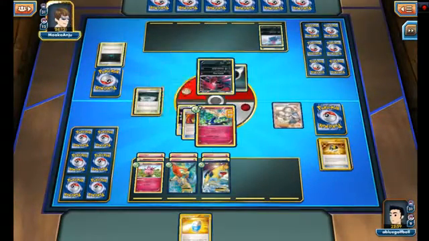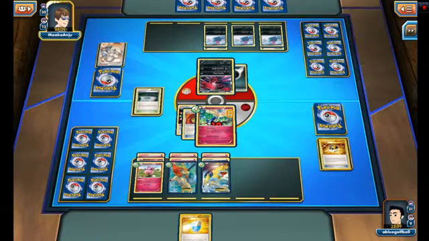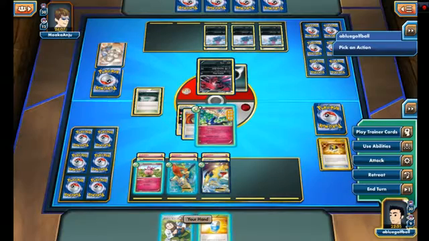So in the next turn, I'm definitely going to retreat. What I really want to see is if my opponent plays a Muscle Band. If my opponent plays a Muscle Band, that would make my day. But nope, all we see is another 10 damage. My opponent is powering up all these Sneasels back there. We do get